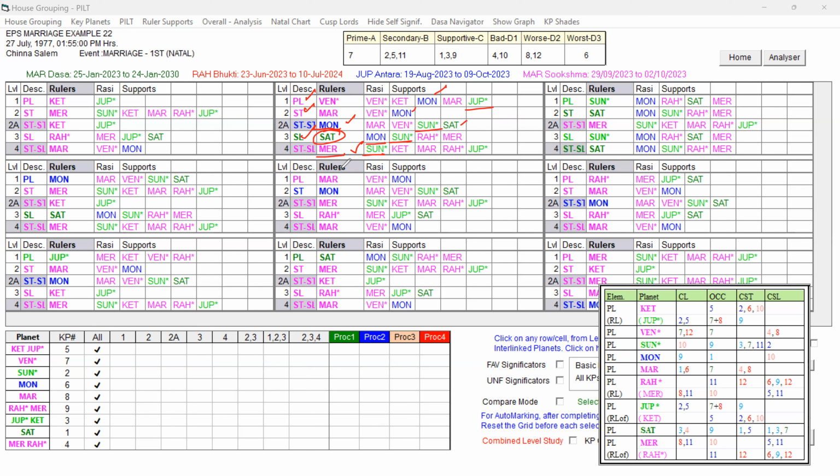Now let us examine the 7th cuspal sublord, that is Saturn. 7th lord we checked, Karaka planet also we checked. Now we are going to check the 7th cuspal sublord, that is Saturn. Saturn is good and has other key planets in supports also, but at the star level and sub level, Mercury, Ketu, Rahu, Mars are all mixed ones.